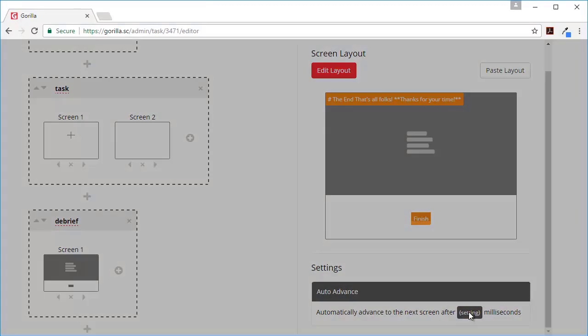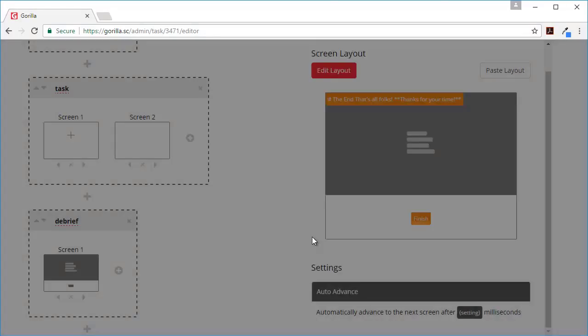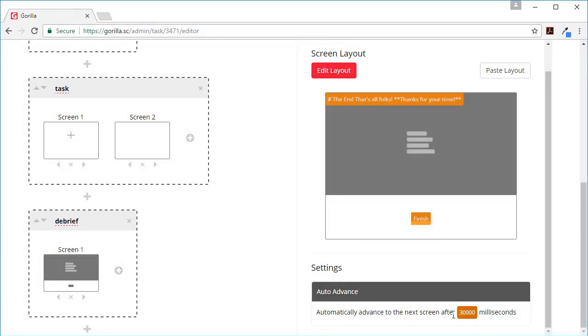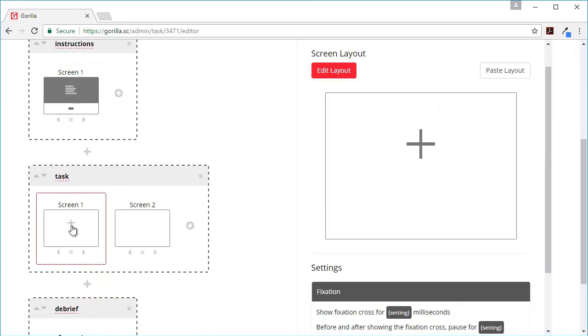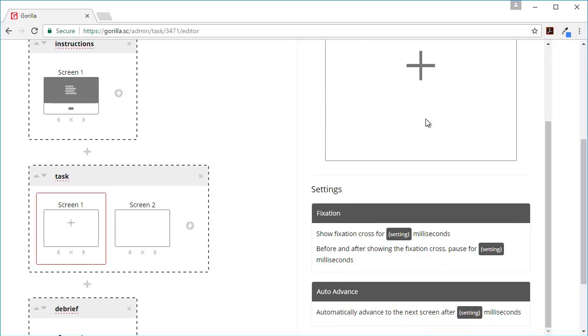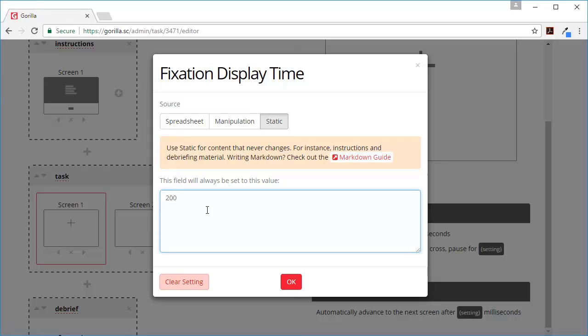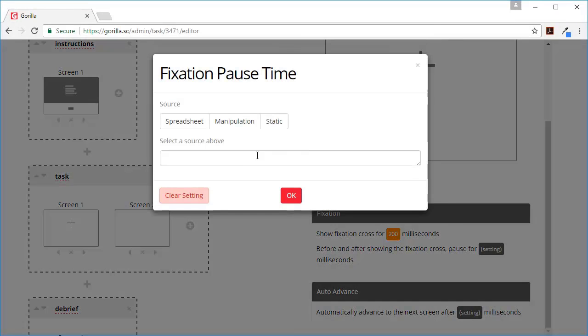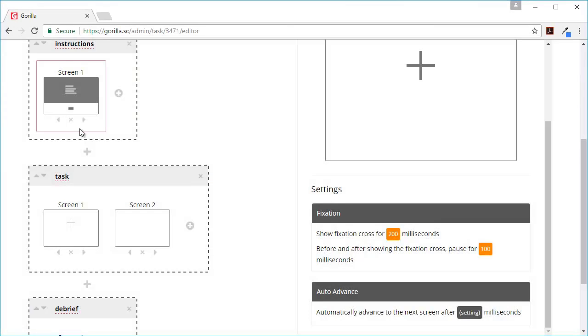And because when participants get to the end, I like the data to come through saying finished, I put an automatic timeout on the last screen. So the instructions are done. Let's configure our fixation. I want to show the fixation cross for 200 milliseconds, and I'll put a white space of 100 milliseconds on either side.